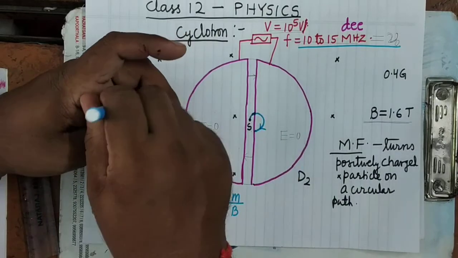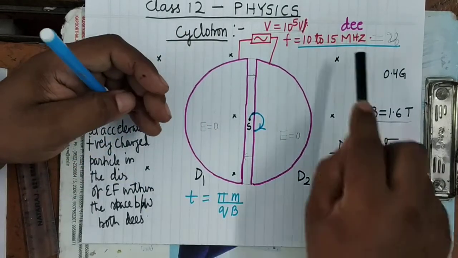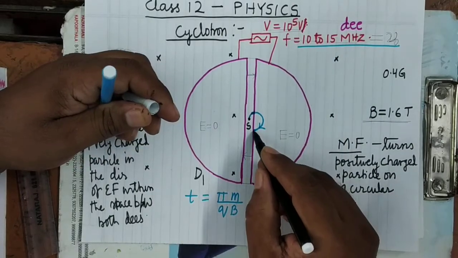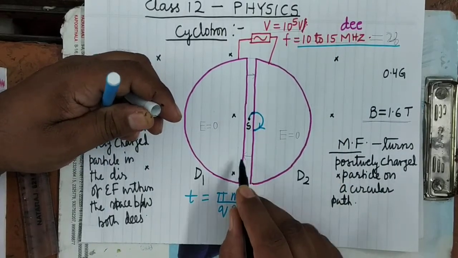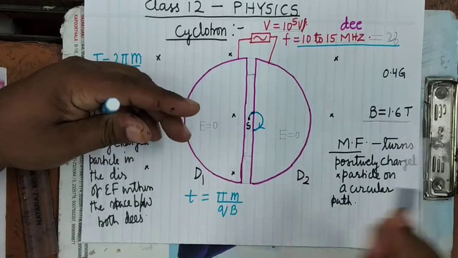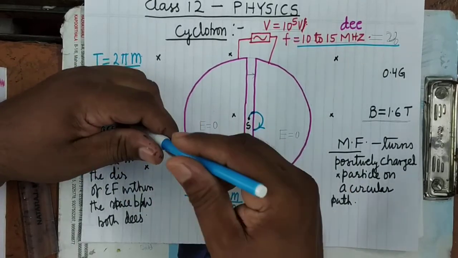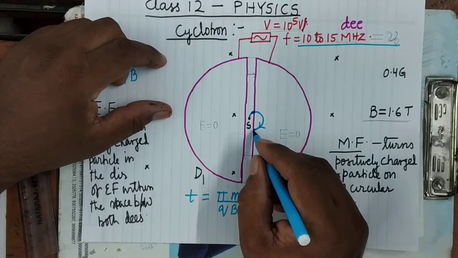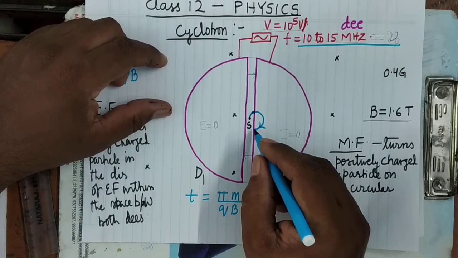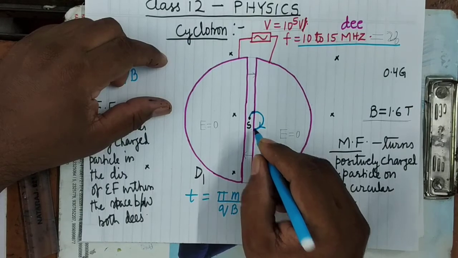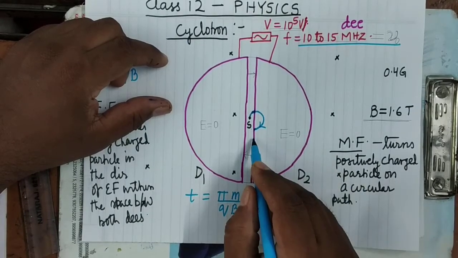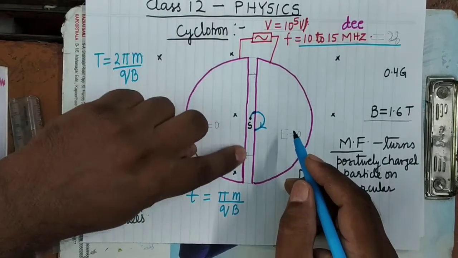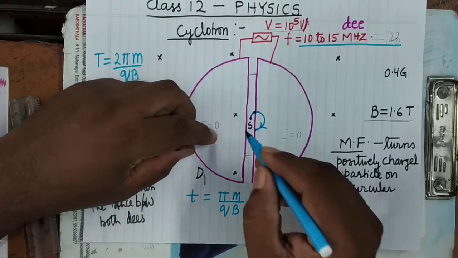You will set the frequency in such a way that the moment it comes out from this D, the direction of electric field gets reversed. It is clear. And when the direction of electric field is reversed, what will happen? Its speed will once again increase. Suppose it is coming out from here with 1 meter per second. So once again it will accelerate in this gap, and when it enters this D, its speed becomes